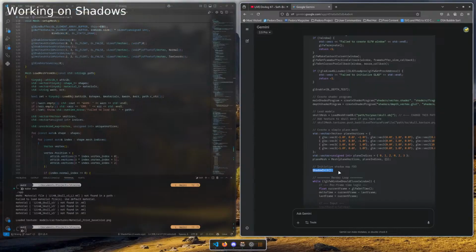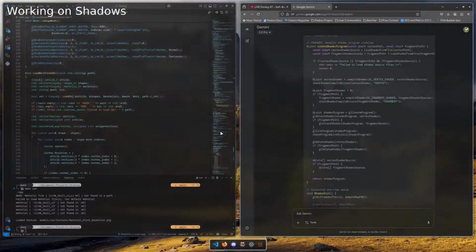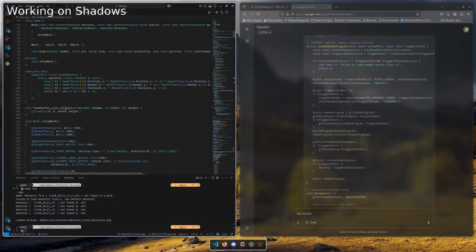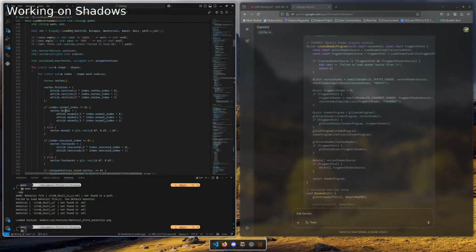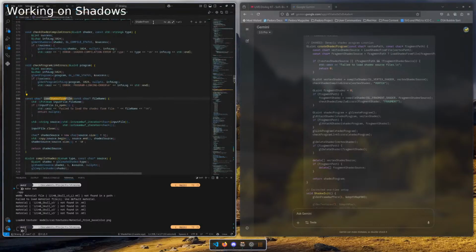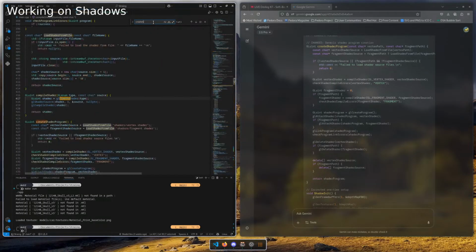So I initialize the shadow here. Alright, let's make our shader program creating function more advanced. Great.